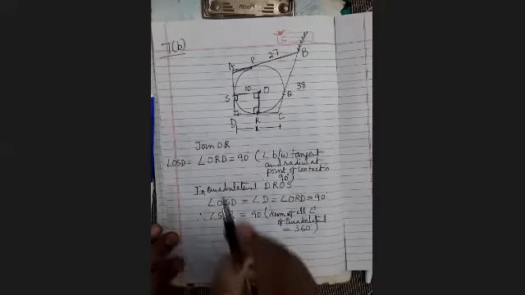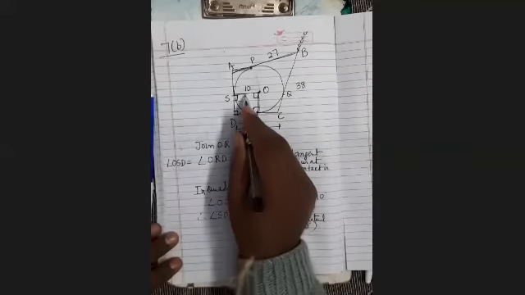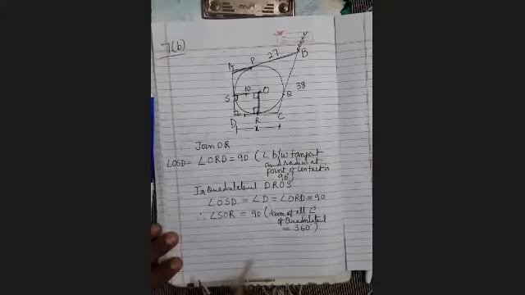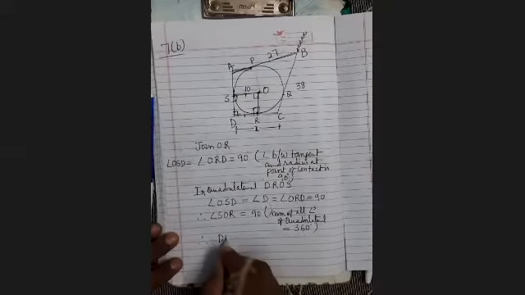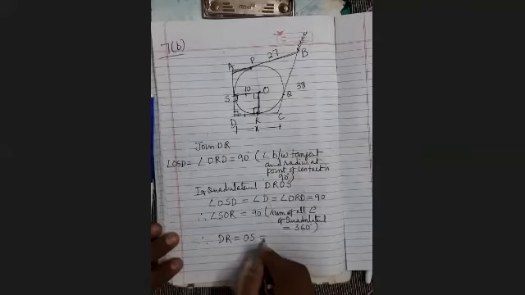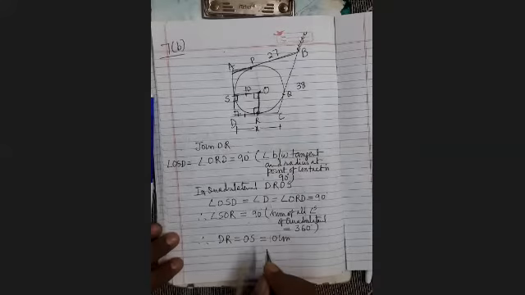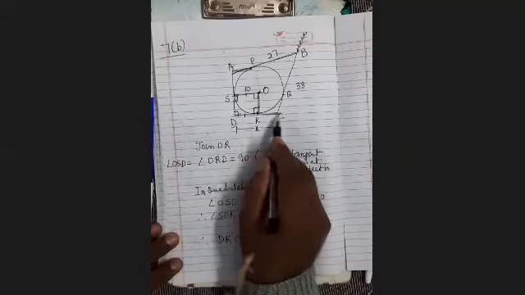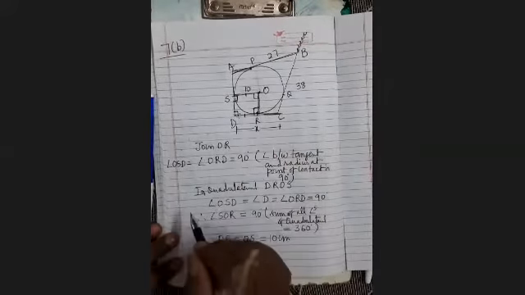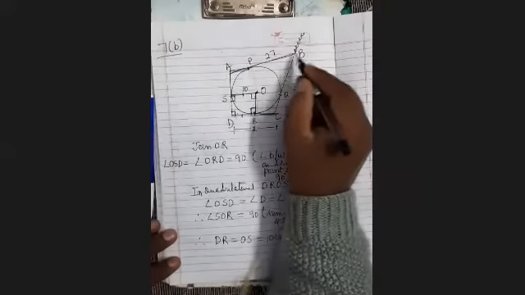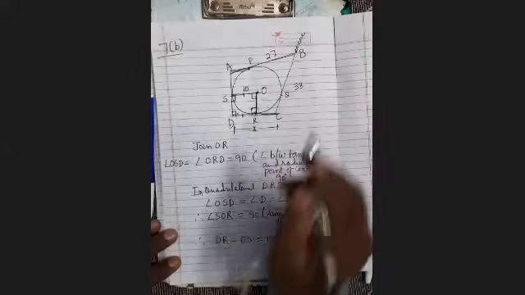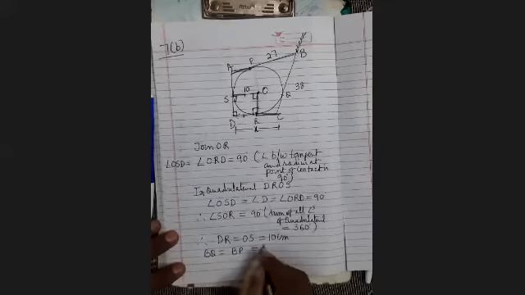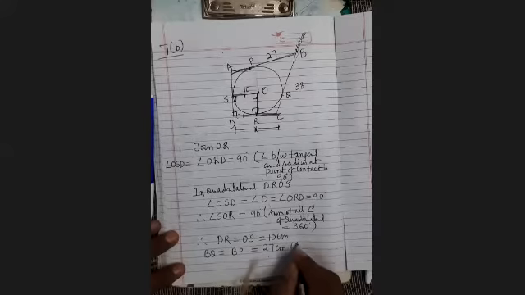Now see here, since all the angles are 90 degree, therefore opposite sides will be equal. मतलब DR क्या हो जाएगा OS के बराबर. Therefore DR will be equal to OS equals to 10 centimeter. It's clear? हमको ये पूरा फाइंड आउट करना, अगर CR पता हो जाए then we can find DC. So see here, BP is 27, therefore what will be BQ? BQ equals to BP equals to 27 centimeter. Tangent